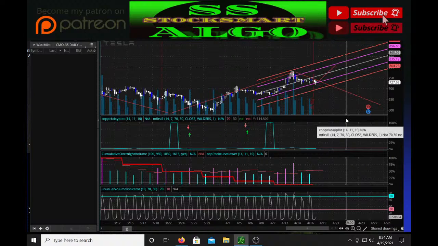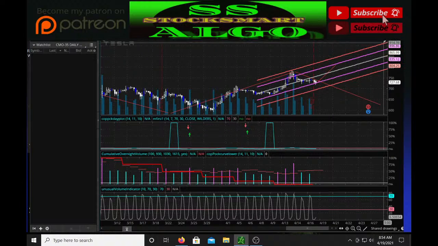Now, I liked it better when they said Tesla was on its way to 950, but that's not going to happen. At least it's not going to happen directly, but it will go there. I mean, this top line here is 927 here, so yeah, it's pushing it already. Of course, that's way out in date, but